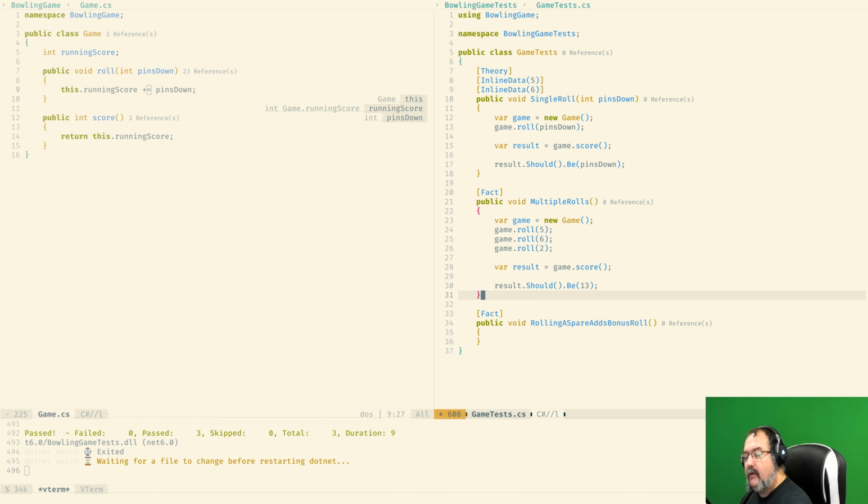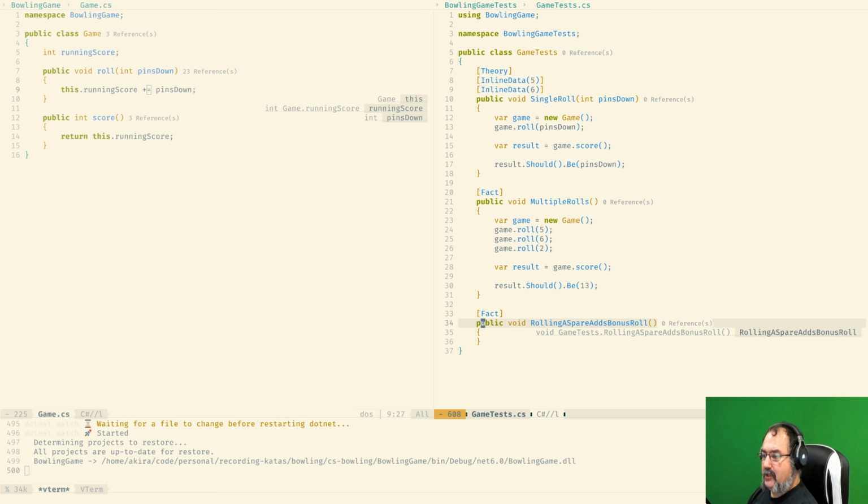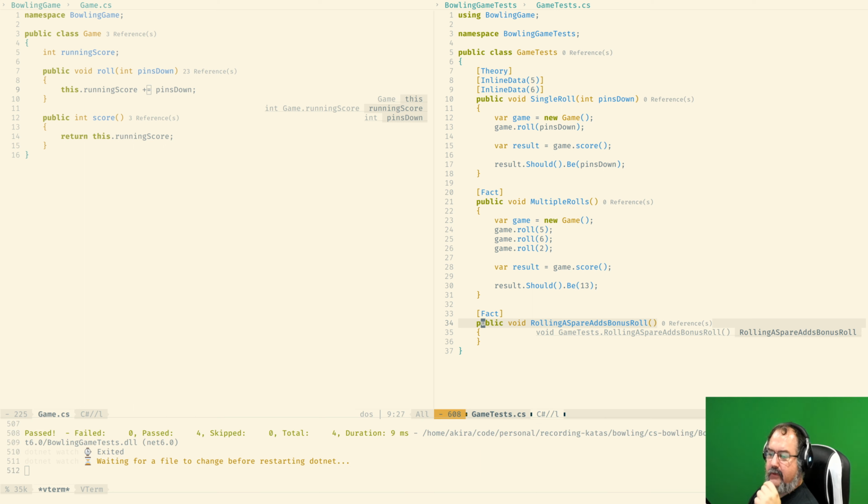But we'll deal with that later, because that's an out of the normal flow issue. I would prefer to finish the normal flow first, and then we'll go with the strange things. So for now, I haven't done any code over here. Let's leave it like that, and on the next Pomodoro, we'll start looking at implementing those spares.